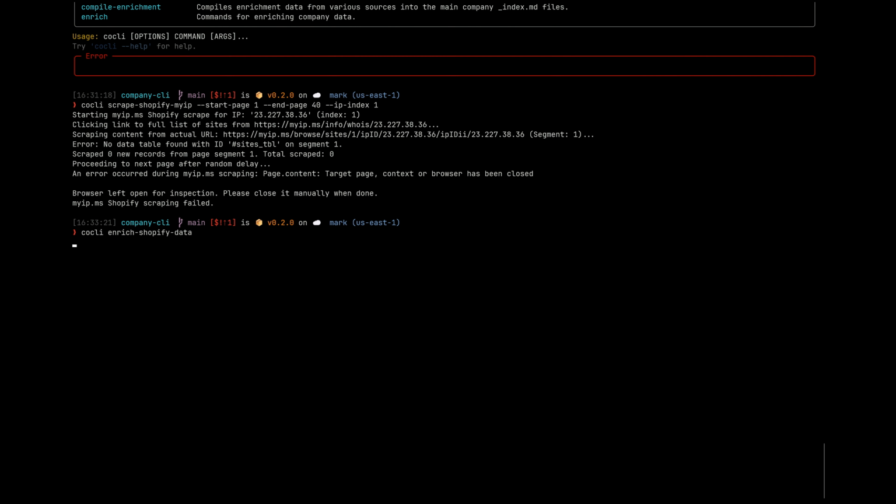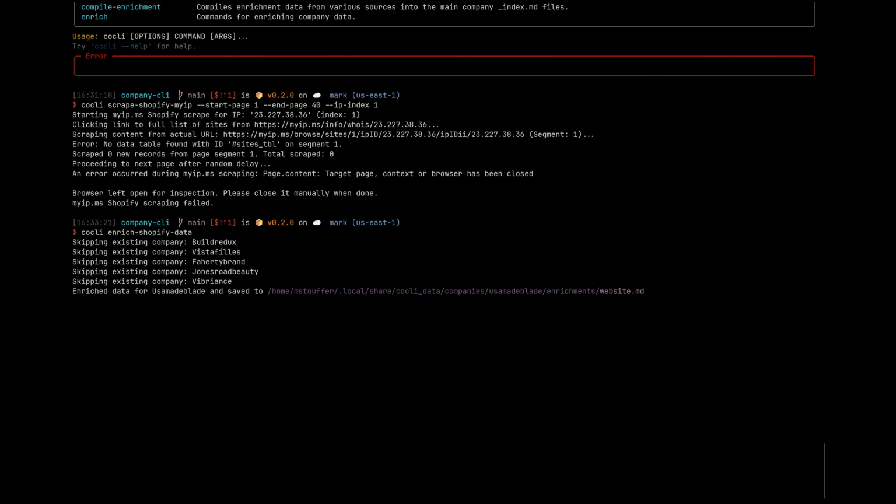So I scraped earlier today, and some of them got scraped in there, and now it's like harvesting the data that we compiled into a CSV file, and the CSV file just contains the URL to the Shopify website and the number of visits per day. So this enrichment process is actually going to